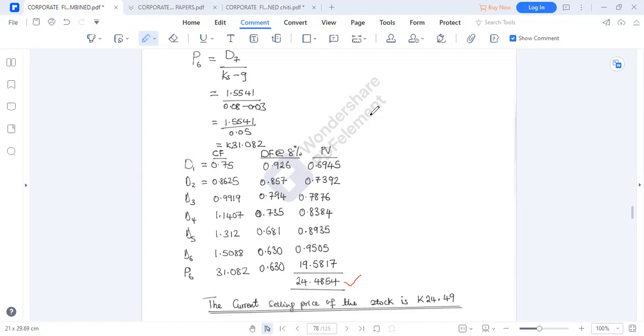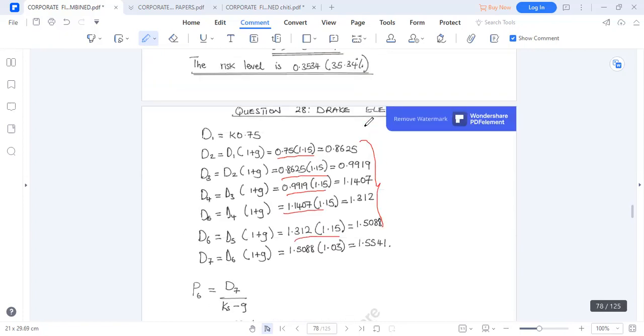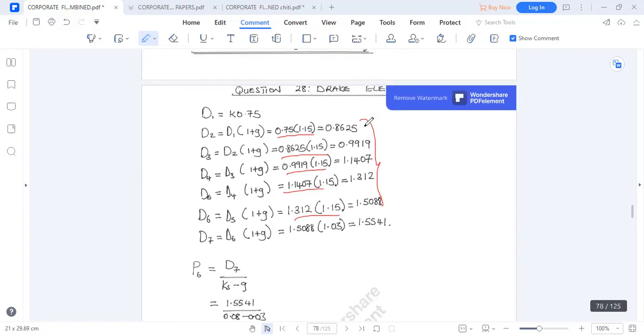I had a question though, sir. Just up there, why did we put up to D7? Why did we have to calculate up to D7? Well, I've seen it here, but then I was looking at the question, and on my own I was asking myself, why did I have to go to D7? And then secondly,